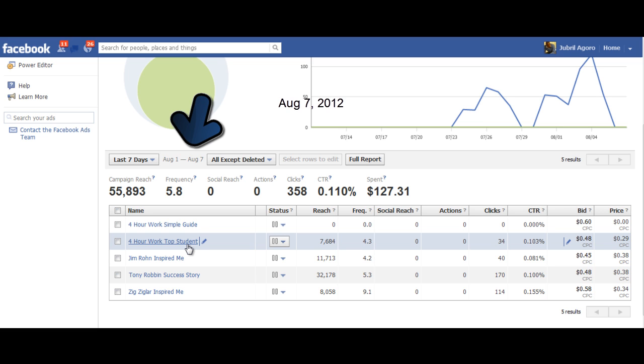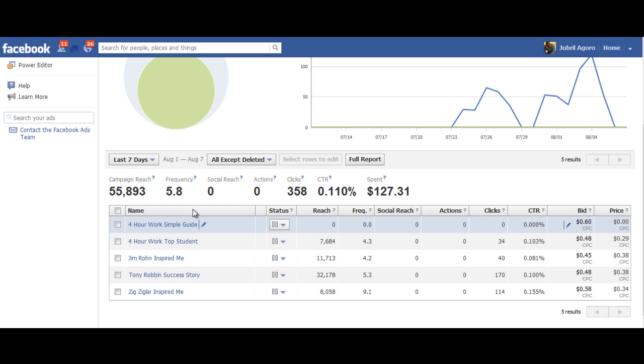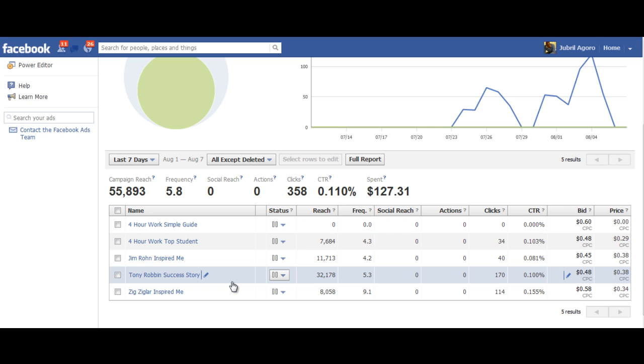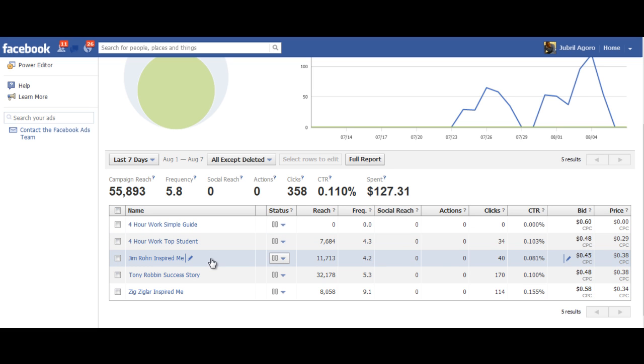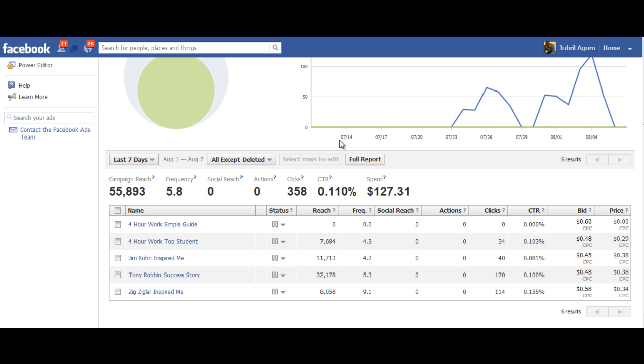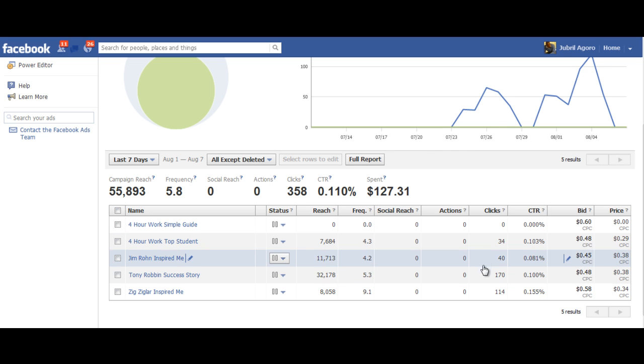And here, as you can see, this is live in August, as it is right now. This is the last 7 days, and I have literally hundreds of different campaigns and ad groups, so this is just one small section of the account. I'm going here because I did a live webinar yesterday, and people were talking about keywords like Tony Robbins. Oh, I have to pay $2 a click because it's such a highly competitive keyword.